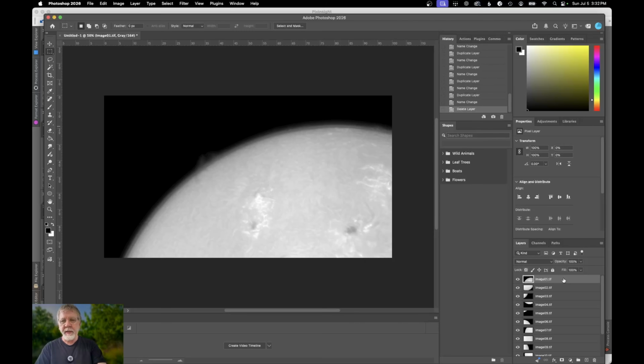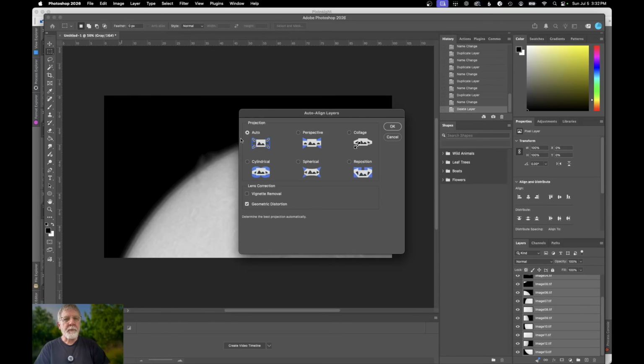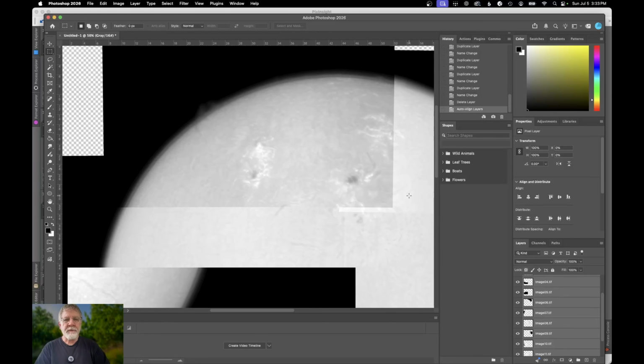Now I want to go ahead and select all my layers here. And I want to go, let's see, it's in the Edit menu, I believe. And I want to auto align layers. And we're going to just choose auto. I think geometric distortion is working well for me, so I have it selected. You can certainly play with it and see. I don't see any reason for vignette removal, and I'm going to go ahead and click OK. Okay, now we have our first kind of